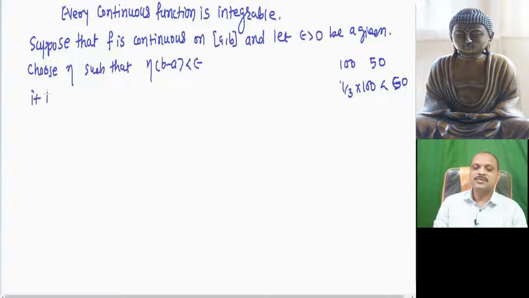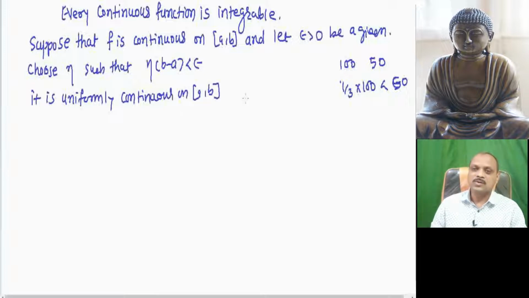The function is uniformly continuous on the closed interval [a, b]. As the function is continuous on a closed interval, we have a standard theorem: if a function is continuous on a closed interval, it is uniformly continuous on that interval. So for a given epsilon, there exists a delta greater than 0 such that